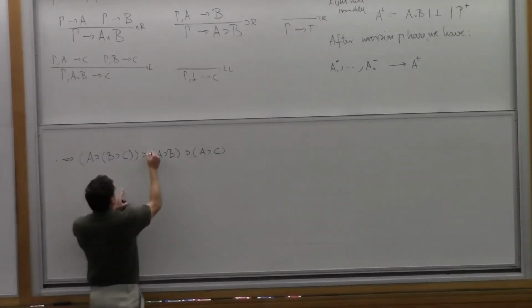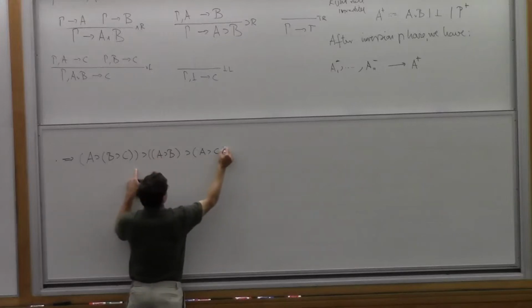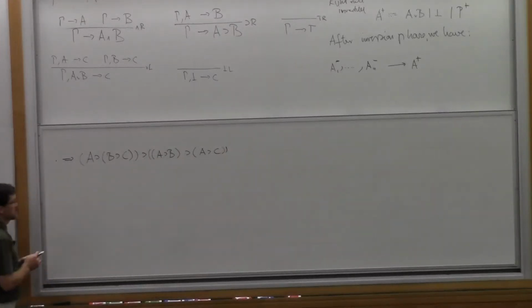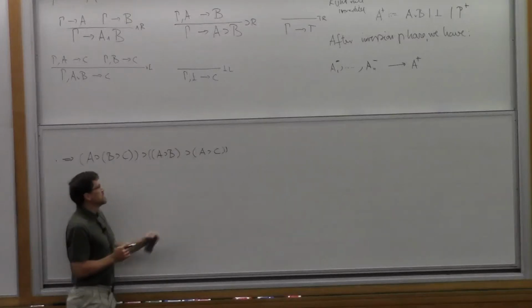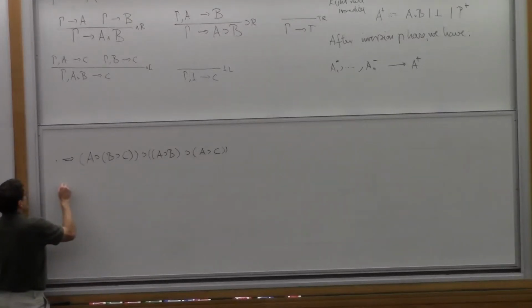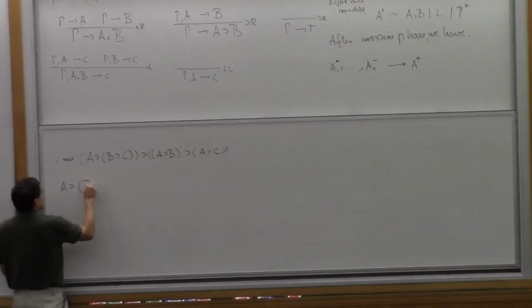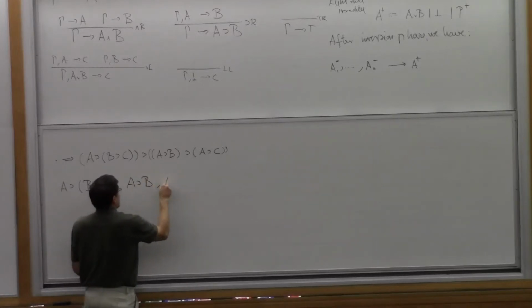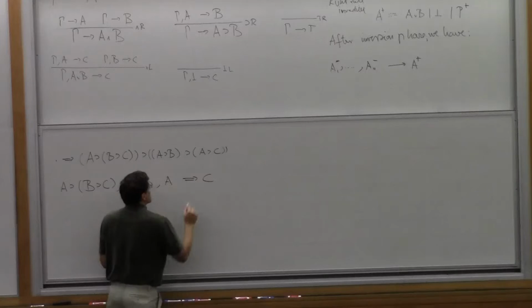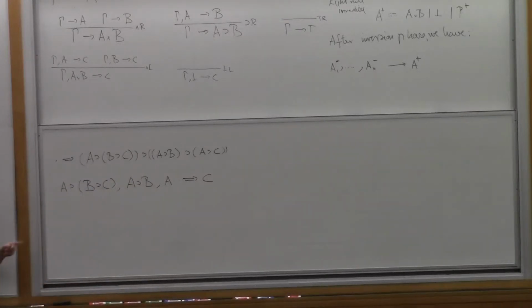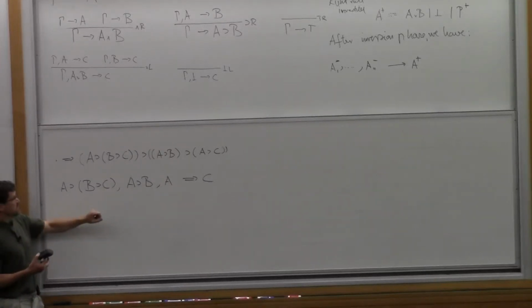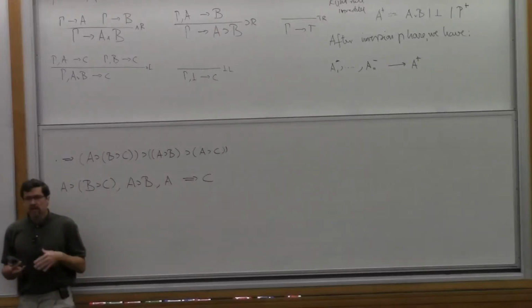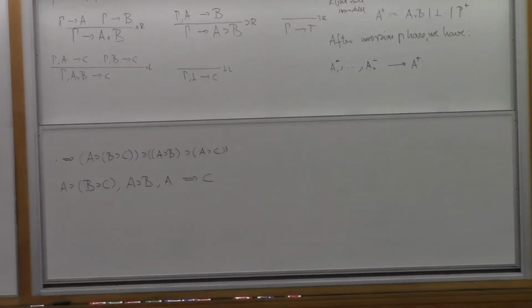So the main connective here, if you remember that this is right associative, is like this, right? This is the main connective, so we apply the implication right rule, then we apply it again, then we apply it again. And then we're in a situation where we have B implies C, we have A implies B, and we have A, and we're trying to prove C. Okay? So now we're in a situation, like I said before, where we have things that are negative on the left and an atom on the right. And so now we have to stop our inversion phase because there's no rule that we can now apply without having to look back.